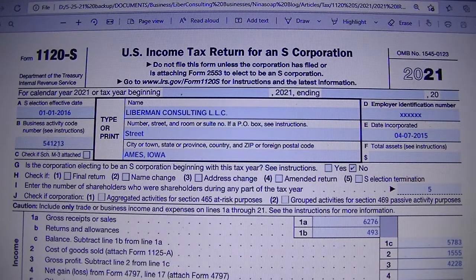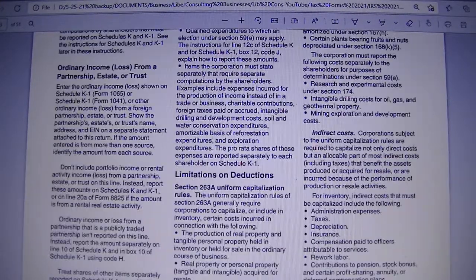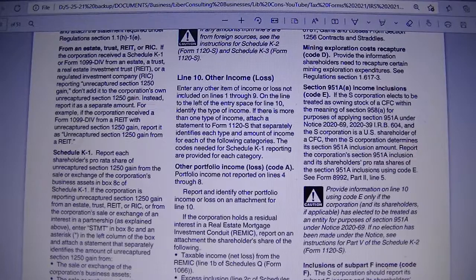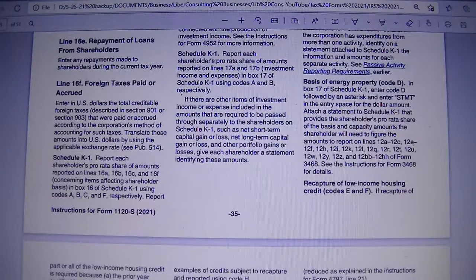But if that's your first year and you have not used that business activity code yet, you didn't use it to apply for the EIN number, then you look for it in the instructions to Form 1120S, and it's going to be at the end of the instructions. And I have videos on business activity. So pretty much at the end of the instructions to Form 1120S, there is a table